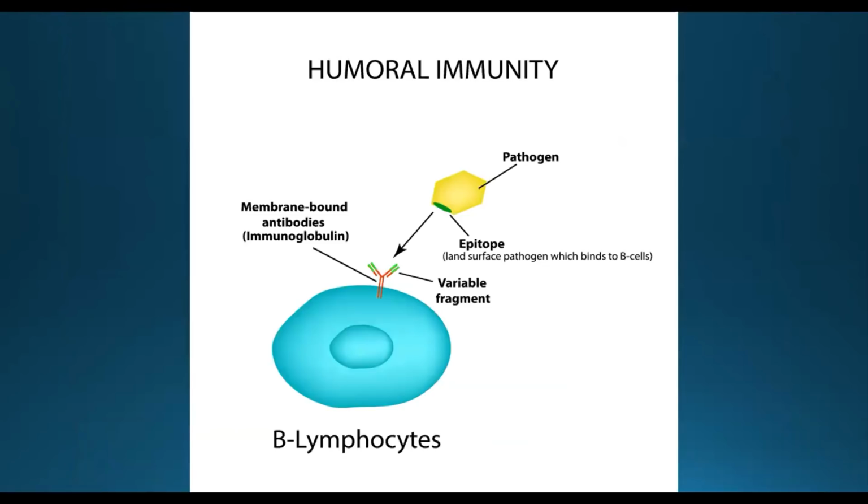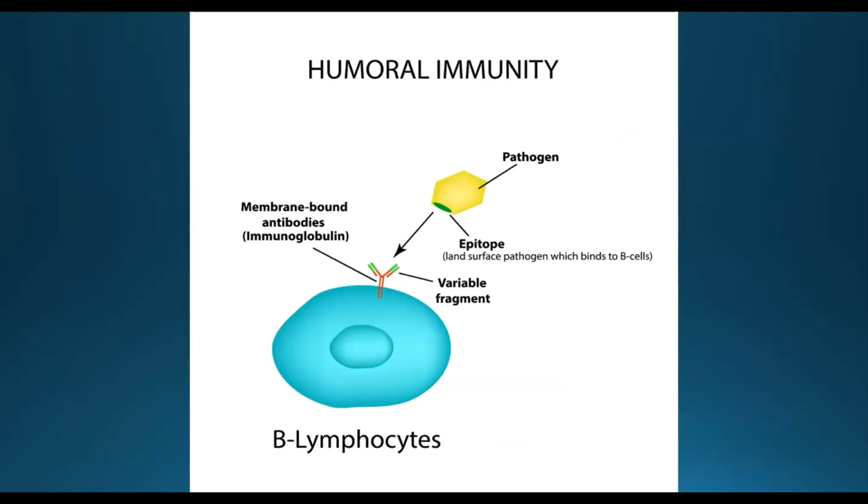Now, if you're going to have 100 million different types of antibodies, and they all come from their own category of B cells, which are also called B lymphocytes, it would be complicated to have lots of B lymphocytes for every kind of antibody you want to make. So it turns out you don't have very many at all. But if you have an infection, they get turned on, and your body makes more and more of that particular